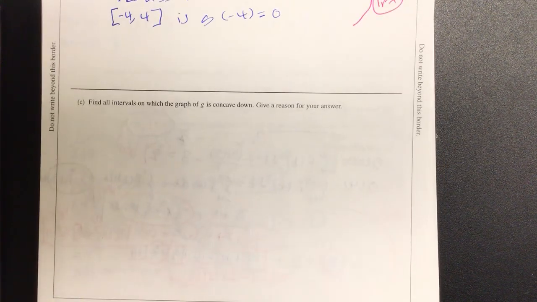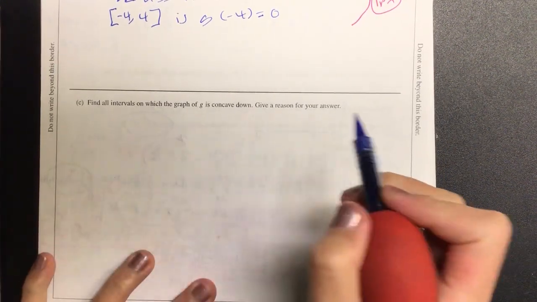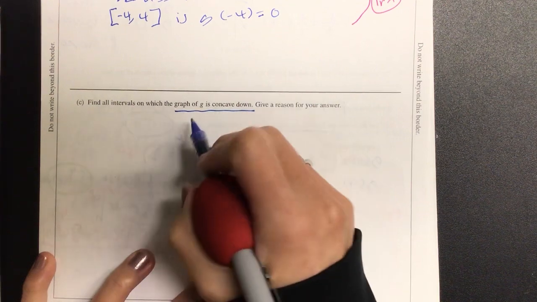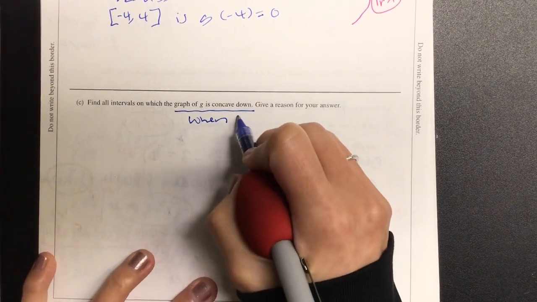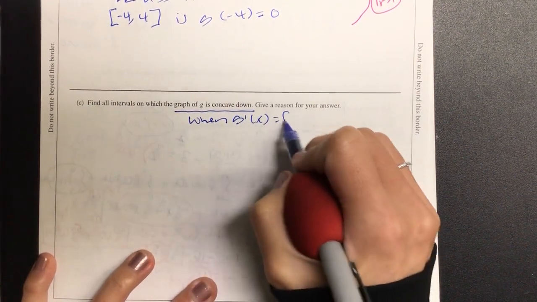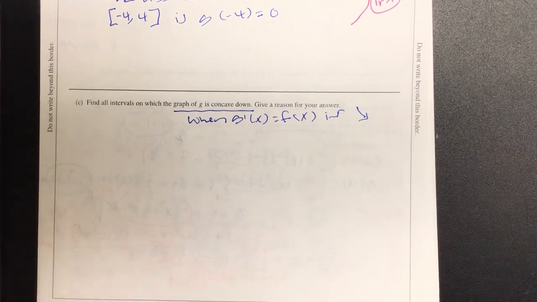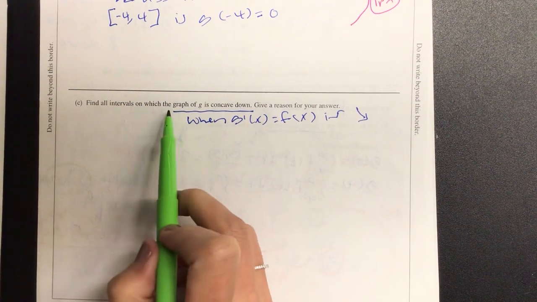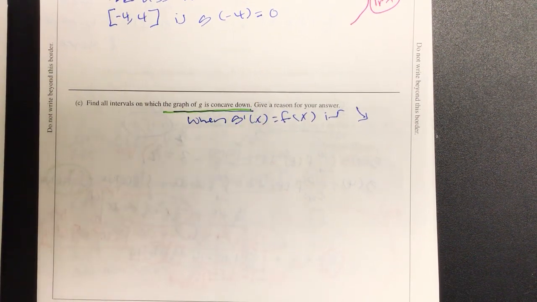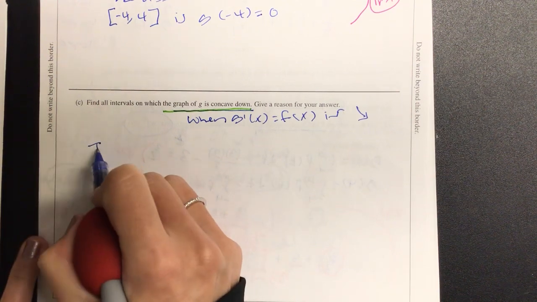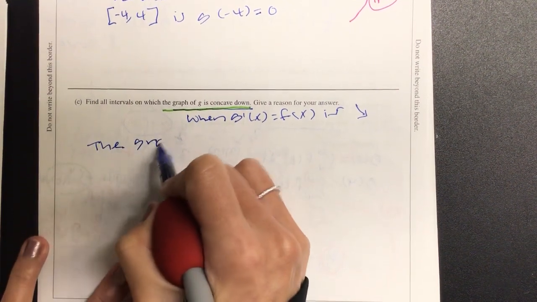So on here I'm going to put when g prime of x, which is represented by f of x, is decreasing. This is just my side note. If you write this and in your reasoning you don't reason it, they might be generous and give you 1 point for it. So let's write out, I'm going to underline what I'm going to write down. I'm going to start with that as a sentence stem. The graph